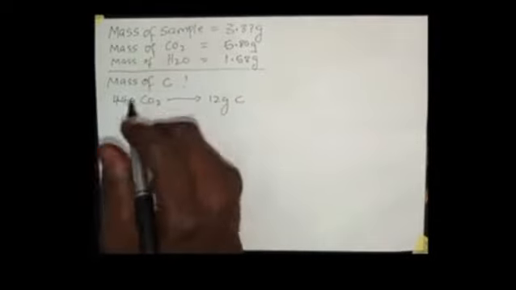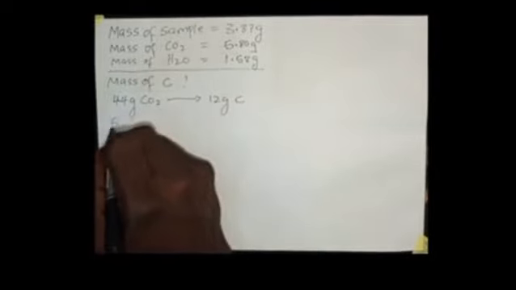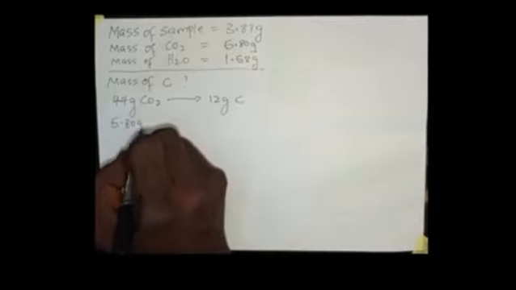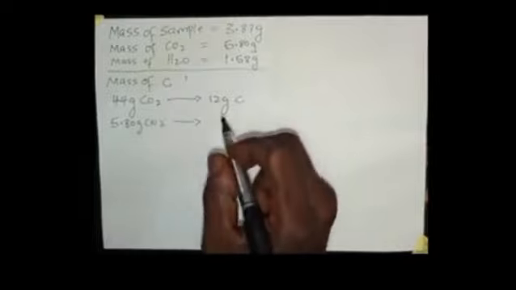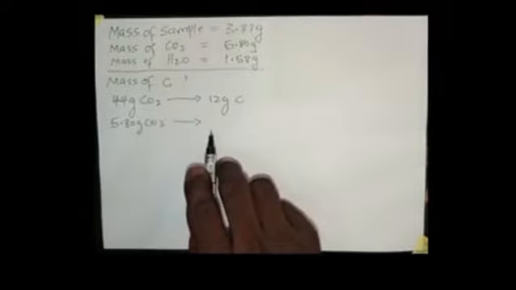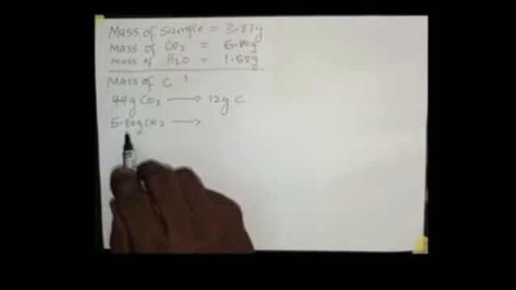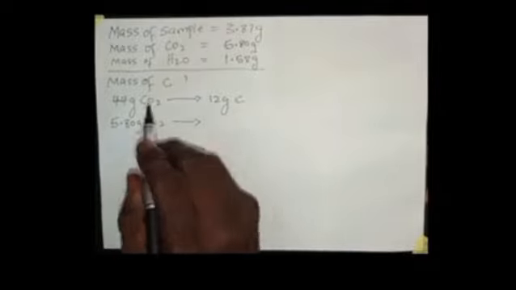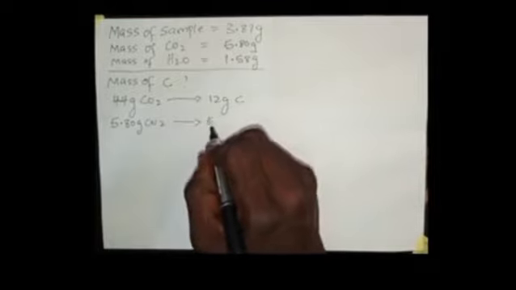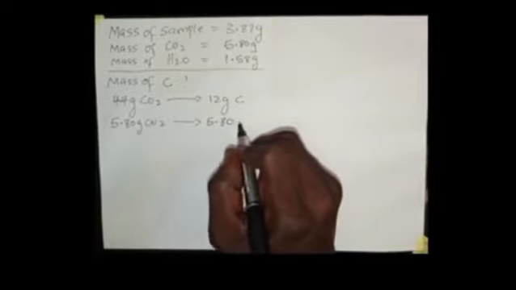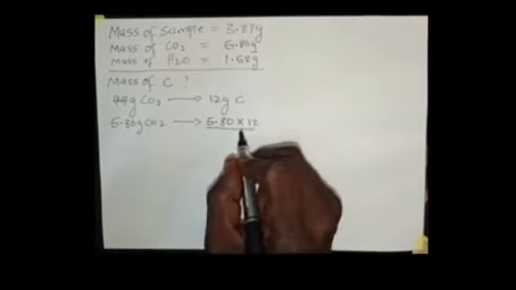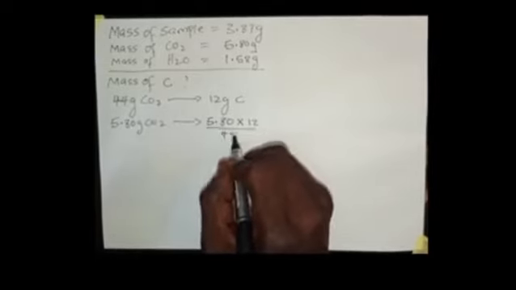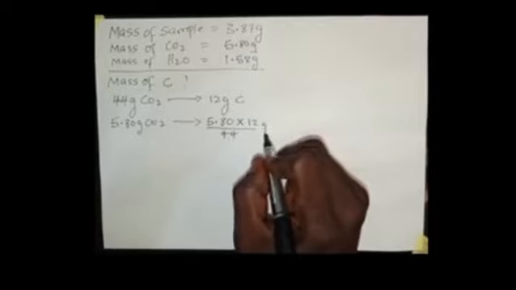So the 5.8 grams of CO2 produced from the combustion is expected to contain how many grams of carbon? So we're going to cross multiply here. 5.80 multiplied by 12 divided by 44. Now this is going to give us